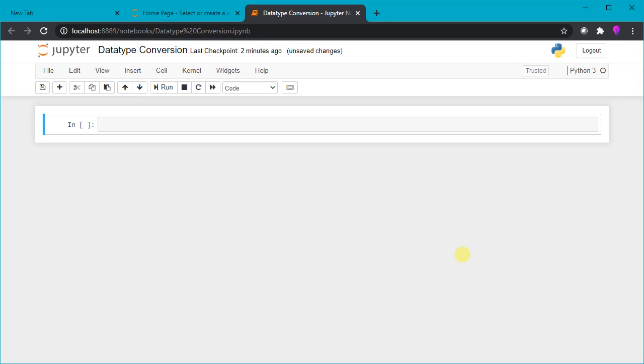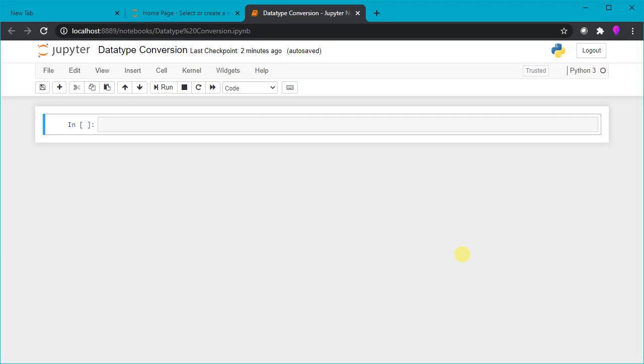There are situations when you need to convert your variables from one data type to another, and in Python this happens in two ways, either implicit conversion or explicit conversion. For example, if I add an integer number to a floating number, the output will be in floating numbers. That means my integer was converted implicitly to float data type and then the summation was performed. But if I want to make sure the output is integer, we can convert the output to an integer value